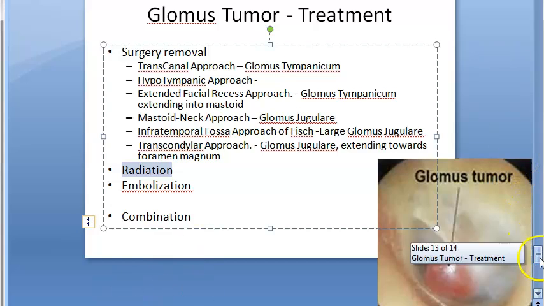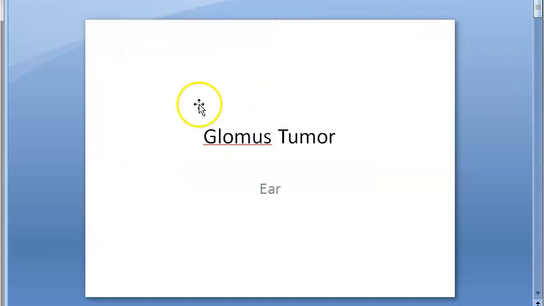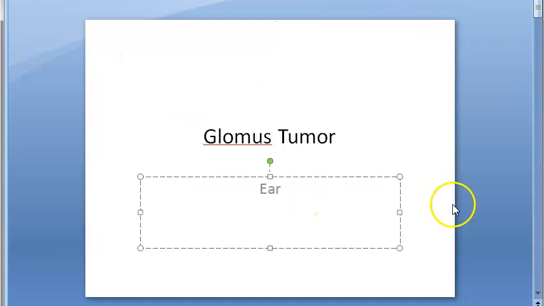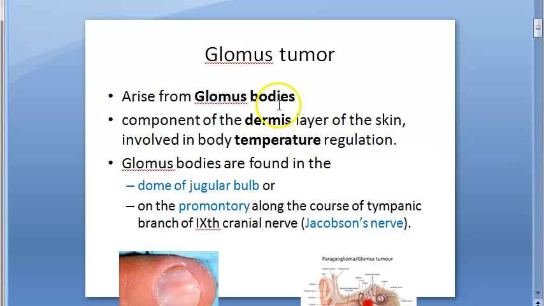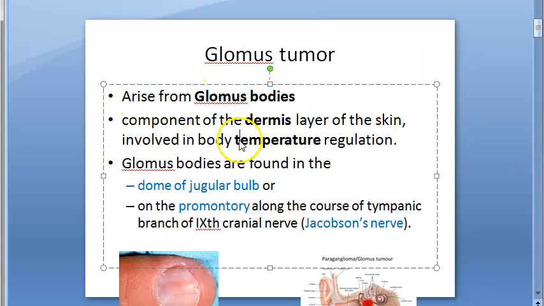Let's take a quick recap of what we have seen in this video so far. We started off with glomus tumor. We wanted to look at the one that is in the ear. So basically glomus tumor arises from glomus bodies, and what do they do? They regulate temperature, and in the ear they are found in two places: dome of the jugular bulb and promontory